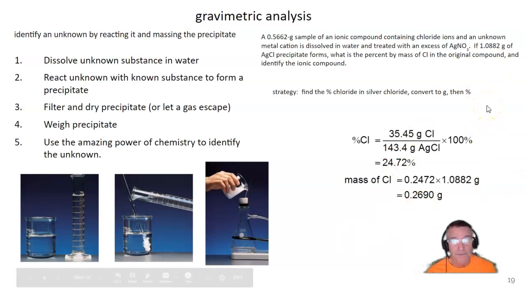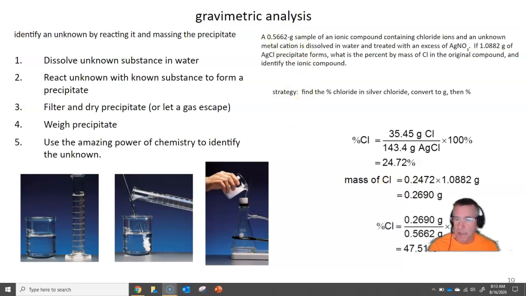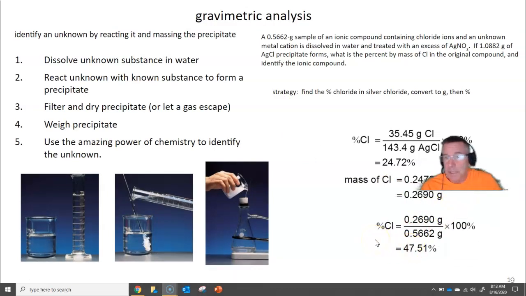Now, that's true for the precipitate that formed. It also must be true for the ionic compound that you started with, since all those chloride ions reacted. So we have a sample that is 0.5662 grams total, of which 0.269 grams are chloride. We should be able to find out the percent chloride by mass. That's 47.5%. Okay, so that's what they asked for. That's great. Now we need to know what it is, right? Well, you've got a salt that is 47.5% chloride. That means the metal cation is like